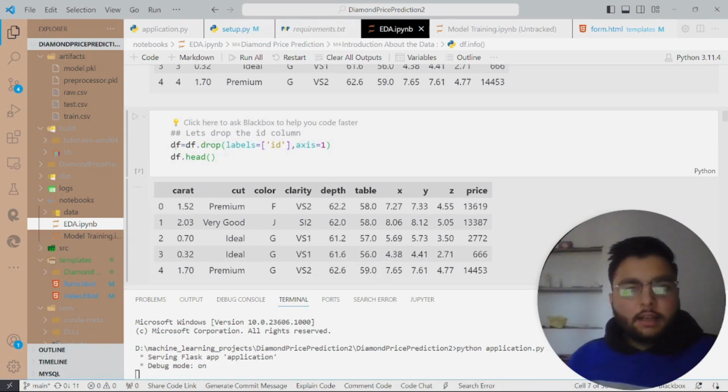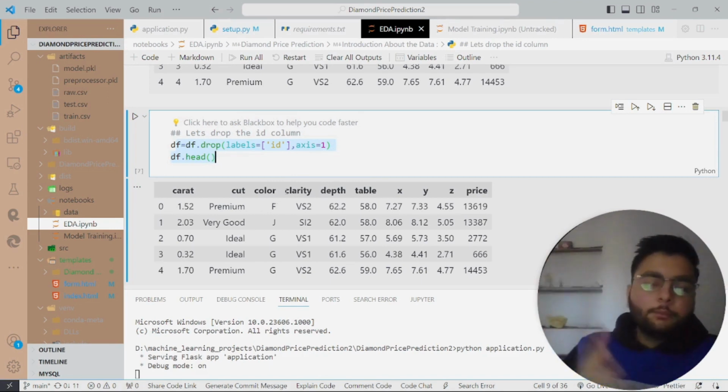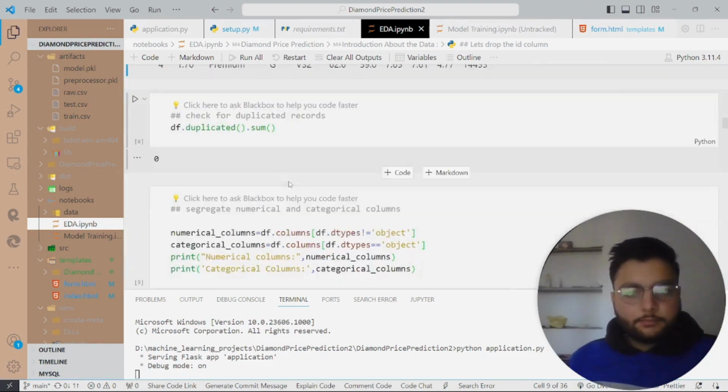After that, I have removed the ID column, with labels equal to ID and axis equal to 1. Now this axis equal to 1 denotes the column. If axis is equal to 0, then it means we will remove the rows. But if axis is equal to 1, it will operate column-wise.